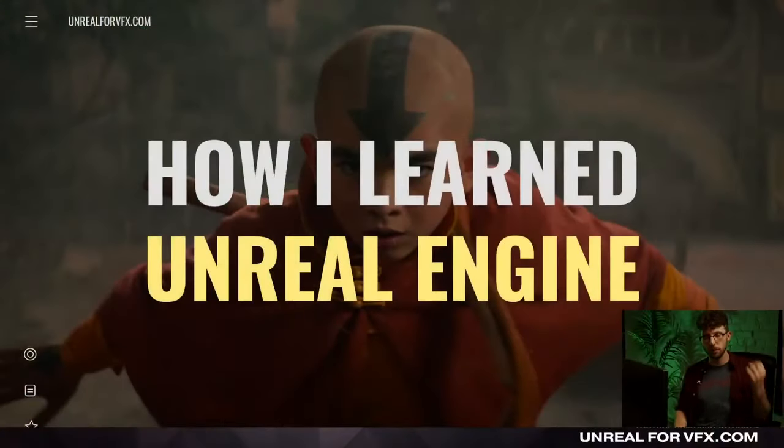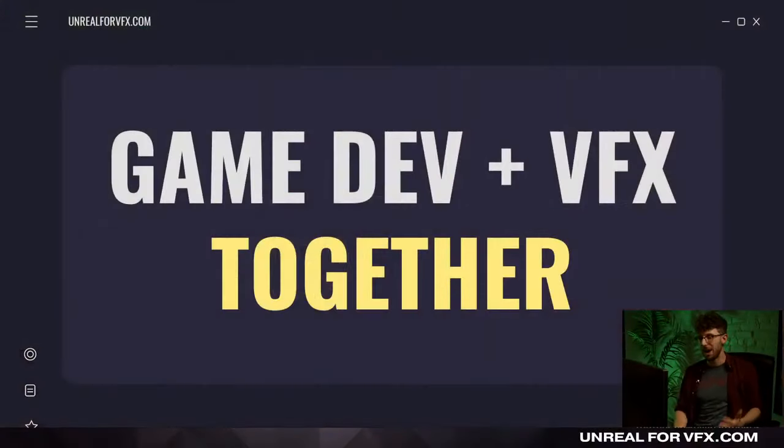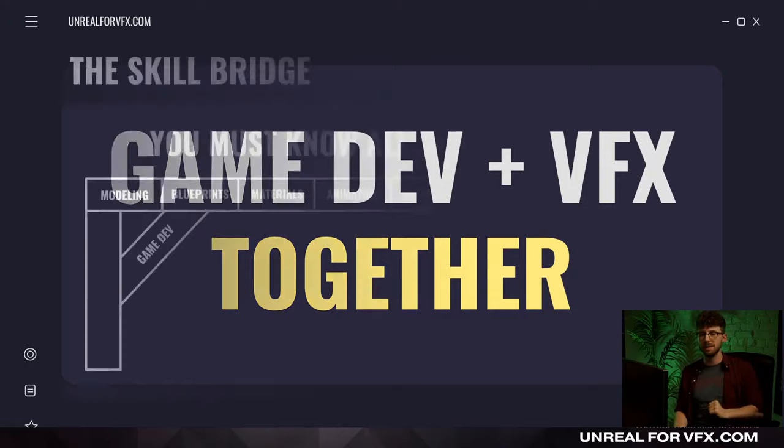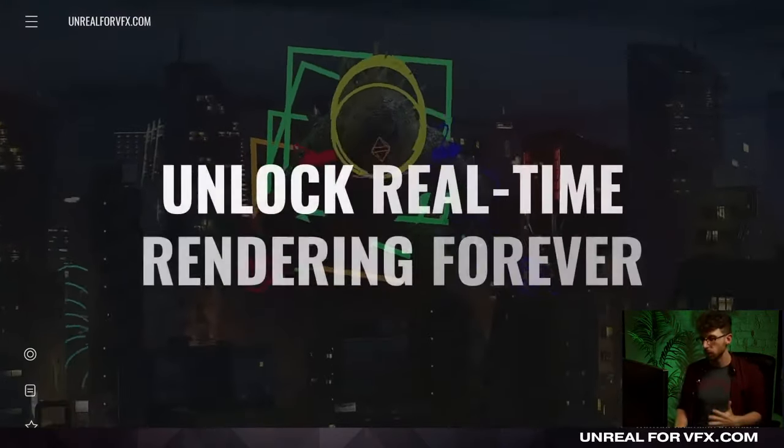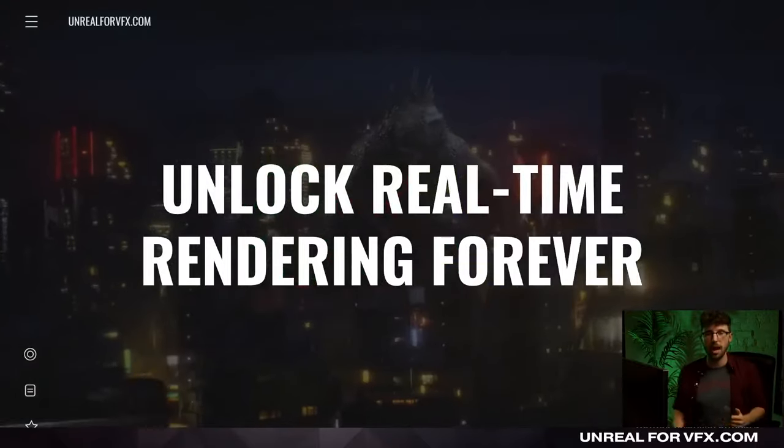So that's why, honestly, after going through that experience, I wanted to leave more roadmaps, leave all the frameworks I learned for the people that were in my shoes early on, because guys, this shouldn't take 6 months or a year of spinning your wheels, trying to learn it and struggling through it. It should be fast, it should be fun, and there should be an easy way. So that's what I tried to do with Unreal Fundamentals, is tie these two together while not getting bogged down by the game development side. Focus on connecting this bridge, learning all the skills in the right order, and unlocking real-time rendering forever.